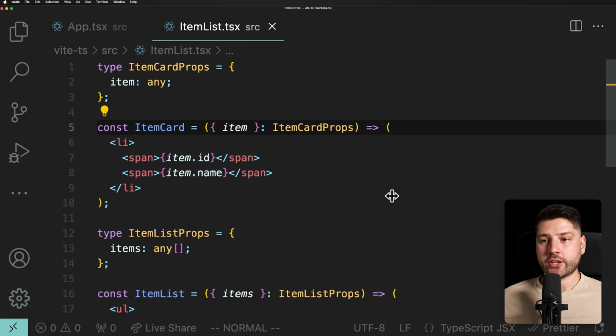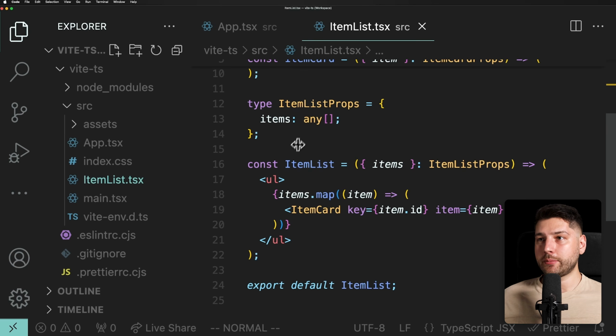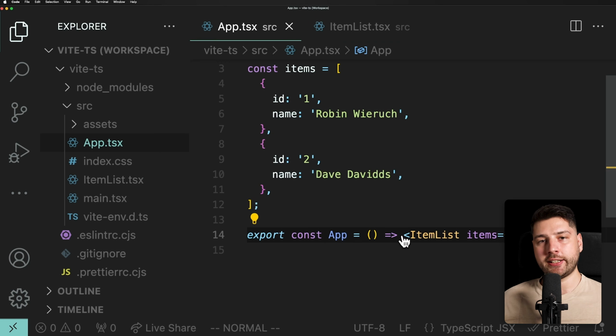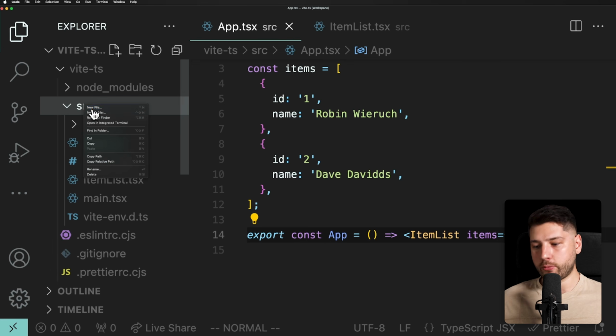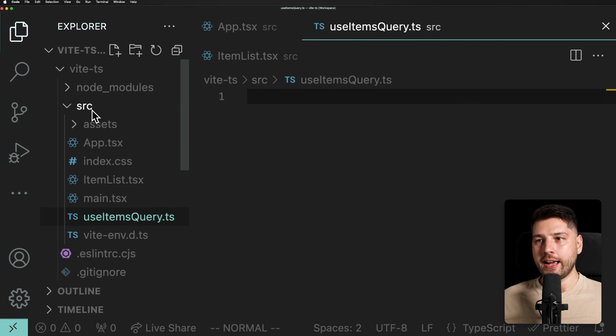Now, the problem with this comes when you have to add more functionality to your code. So now we're going to start progressing into a little bit higher level of scalability. Let's say, for instance, that this item list over here, or this app component, needs to fetch its own data, right? And we're going to have a hook for that. Let's say that we're using React Query, for example, where we're going to want to create a file for those hooks, right? So we're going to come here and make items query.ts, and let's assume